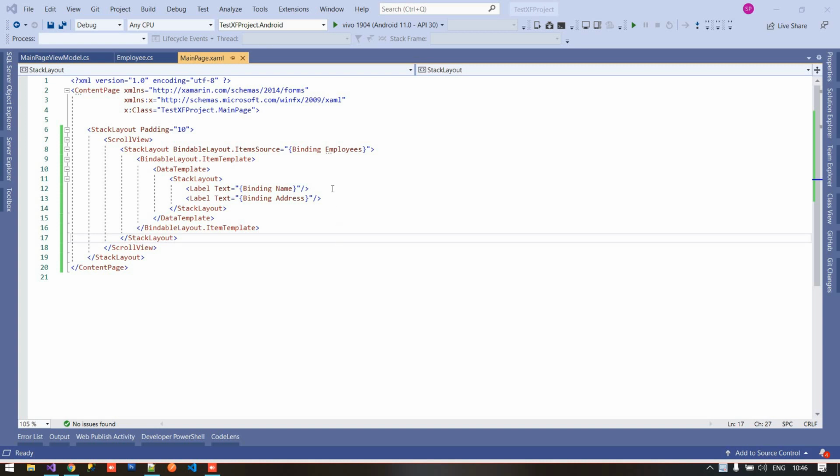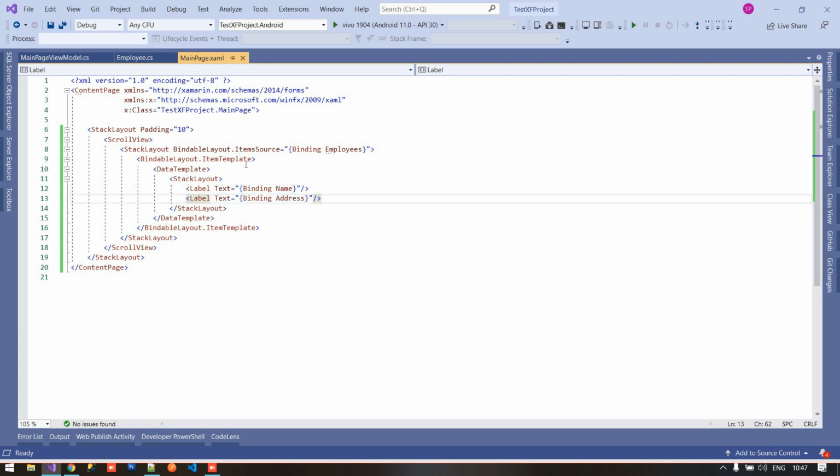So how to use the expandable layout? Sometimes we need to show some details and the description inside our list item. Due to limited space, we can only show a few details inside the list item. If we want to show more details inside the list item, we can use the expandable views. So how to create the expandable views?